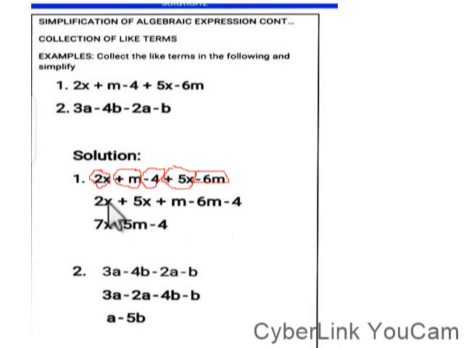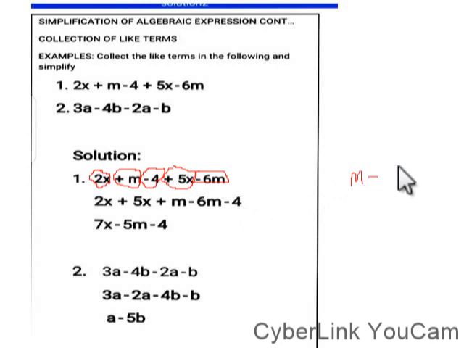Now we have 2x and we have 5x, and we have plus between them. So 2x plus 5x will give us 7x. We are done with the family of x. Now let's move to the next one. That is plus m minus 6m. Plus m minus 6m. We can actually write it as m